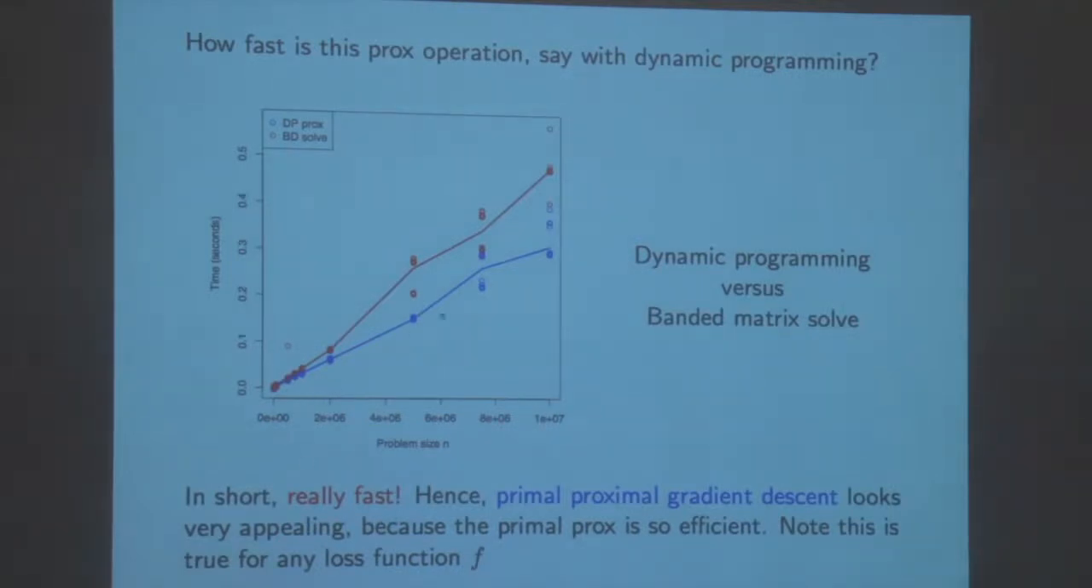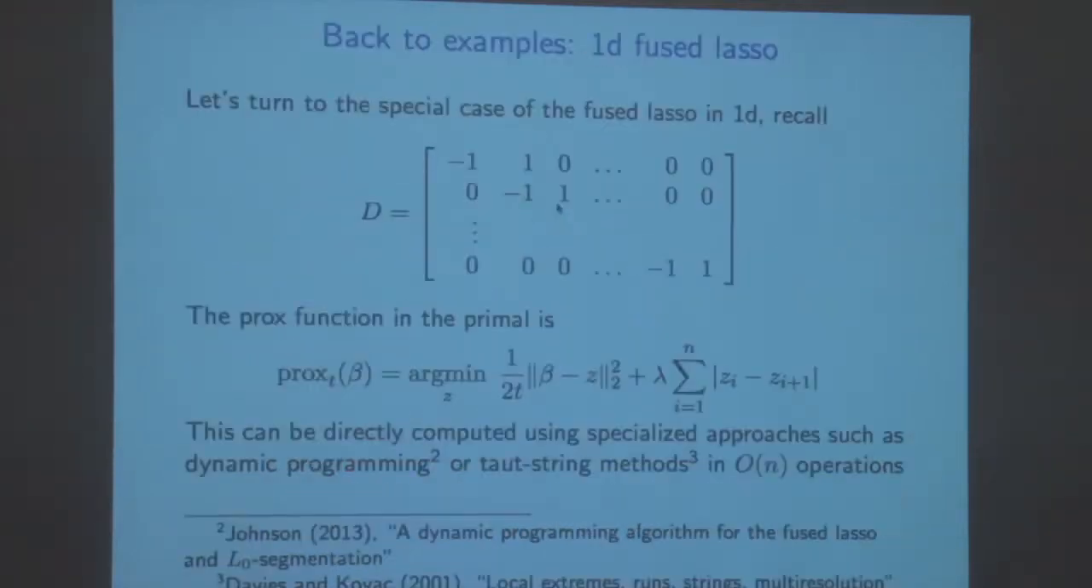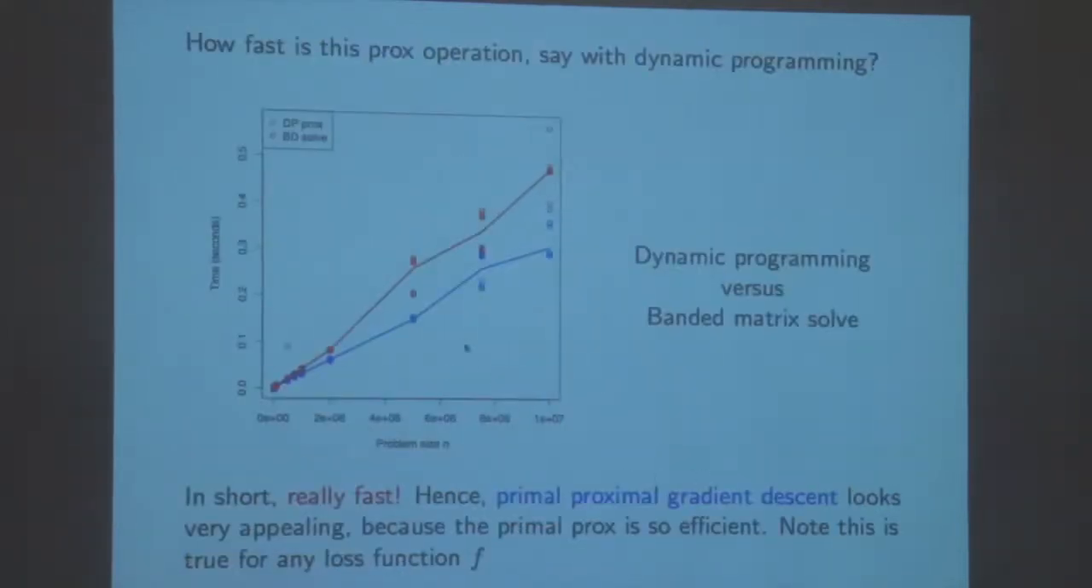This is just an empirical evaluation that I did to show you really how fast this proximal operator is. So it's order n. Right? That's what I claimed here. But it's order n with a very small constant. And you'll see how small that constant is just by comparing that proximal operator in blue to a banded matrix solve. So this, on the x-axis, is the problem size, n. On the y-axis is the amount of time it took me to solve either the prox with the